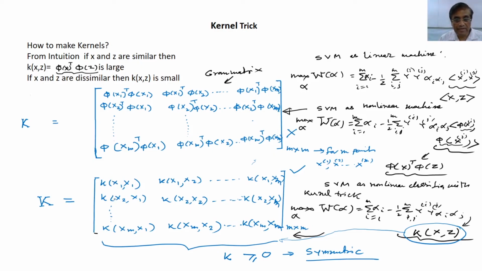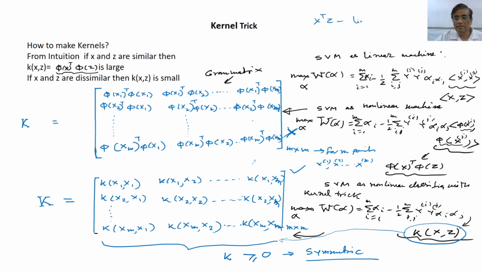kernel, provided the kernel matrix which you have constituted using this sample can be proved to be symmetric, positive semi-definite. And this we will use for a nonlinear classifier with kernel trick. You see, we will definitely not use the feature mapping directly if you have a problem of solving a nonlinearly separable problem. So, what will we do? We will apply a trick, we will define a kernel function, and the most common kernel functions are